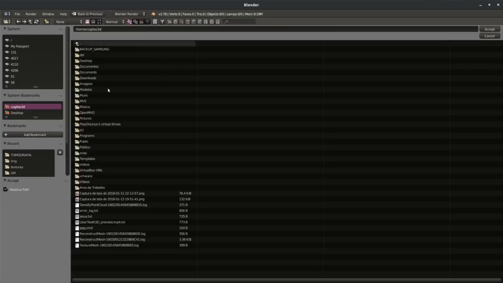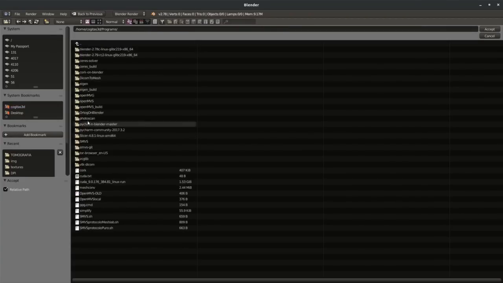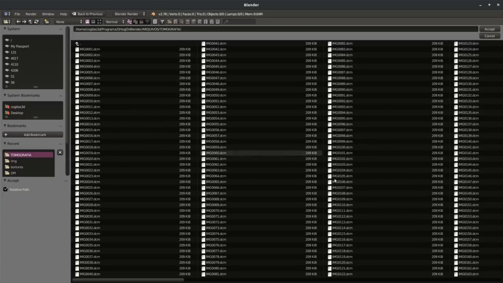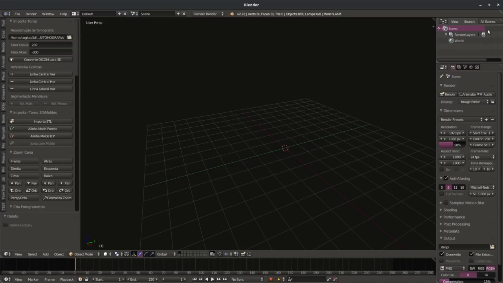You click here, and inside OrtogOnBlender directory you will see arquivos, that is file in English. Inside arquivos you will enter on tomografia, that is CT scan, and here you will see all the DICOM files. I will click on accept, and before click here, that is convert DICOM to 3D, or in Portuguese, converte DICOM